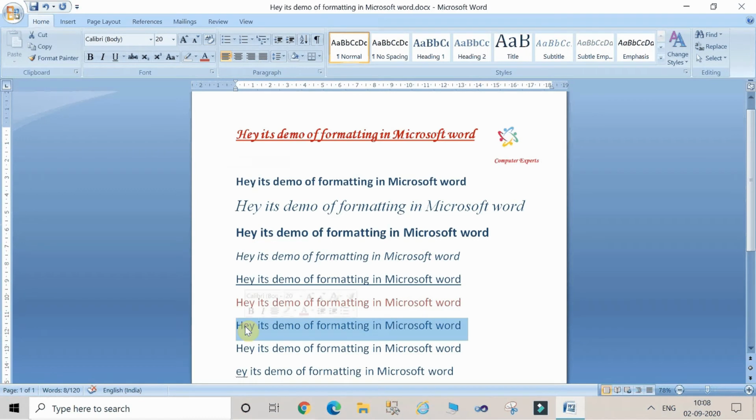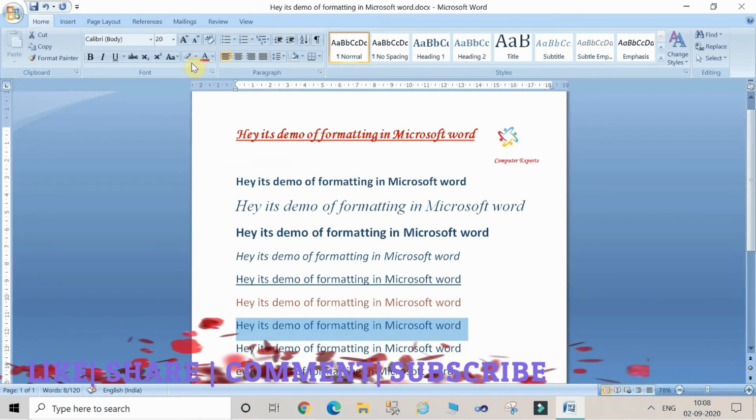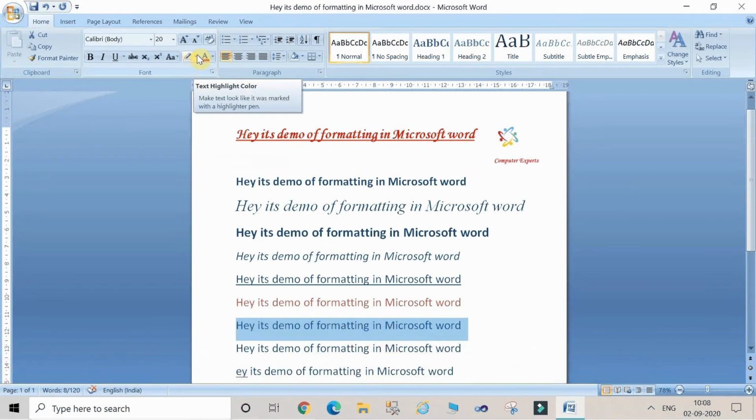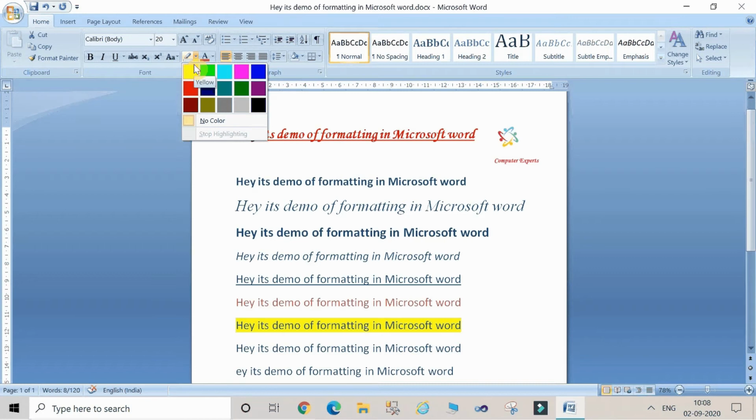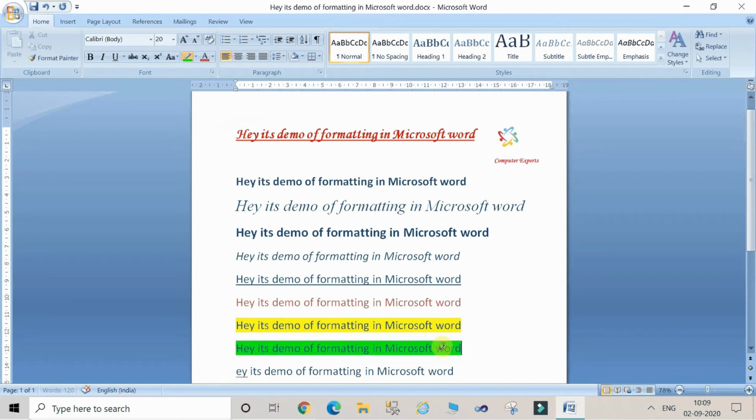Also you can highlight the text. MS Word has the highlighter option. Just click on the text highlight color. Here you can choose the color, like red, sorry, yellow, green, or some other color. Like this you can highlight the text.